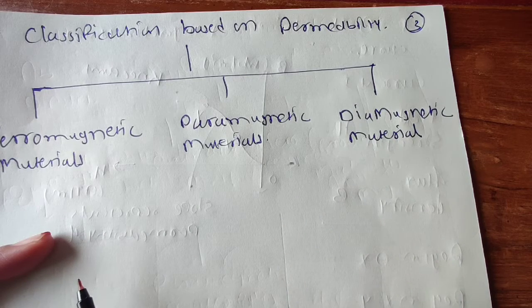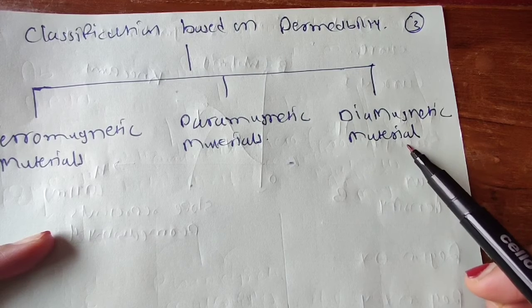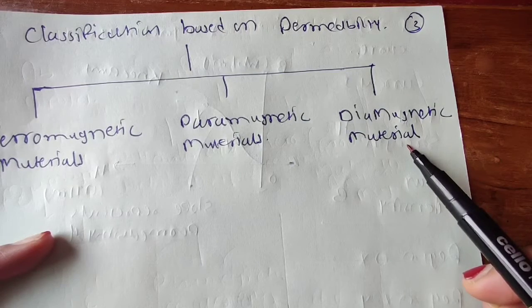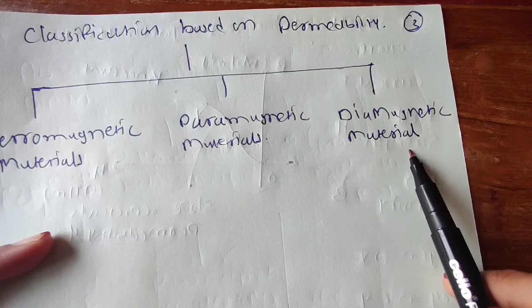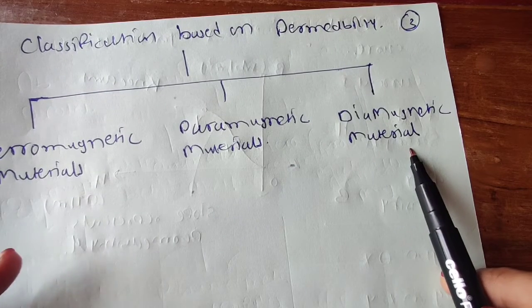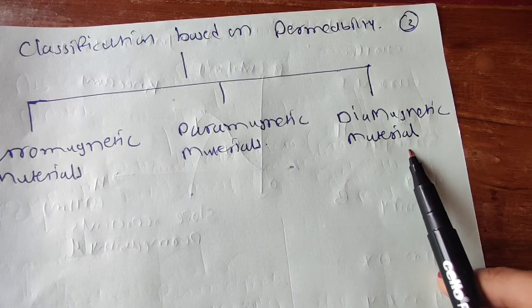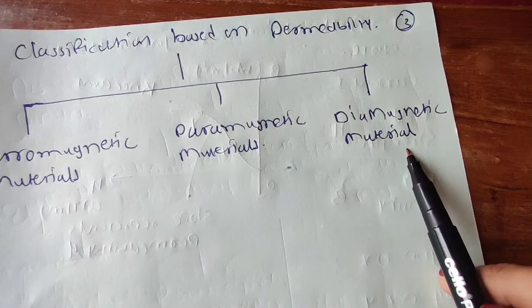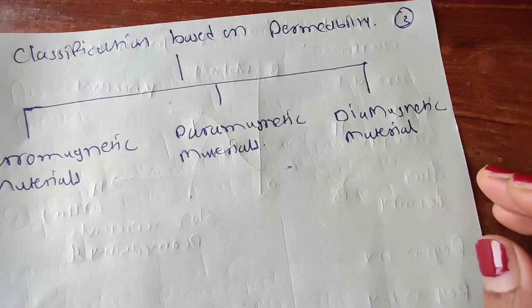When diamagnetic materials are placed in a magnetic field, there is again a negligible distortion in the field. The force exerted by the magnetic field on this material is very weak, and diamagnetism can be detected if the properties related to positive magnetism are absent. So this is how you can classify a magnetic material by considering the value of permeability. So total 3 classifications you need to consider in the case of magnetic material.